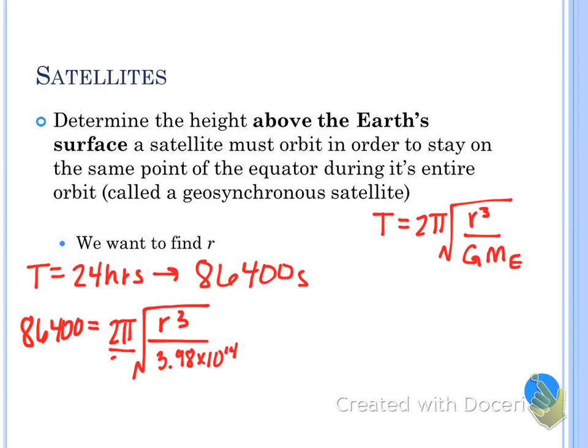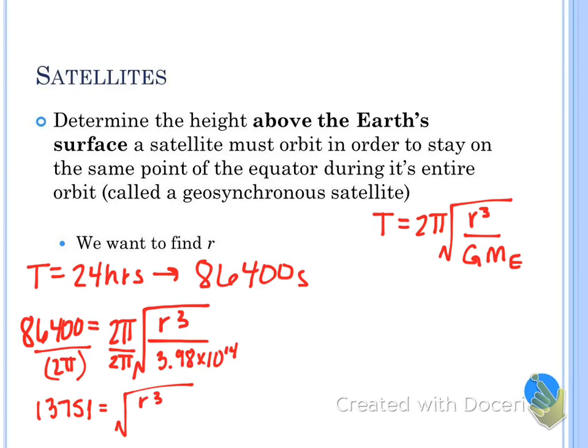Okay, so algebraically you need to move 2 pi over first. In your calculator, I'm telling you right now, you have got to be either putting parentheses around 2 pi or dividing by 2, dividing by pi. Because if you go 86,400 divided by 2 pi, it divides by 2, then it multiplies by pi. So I'd go 86,400 divided by parentheses 2 pi, close parentheses. And I got 13,751